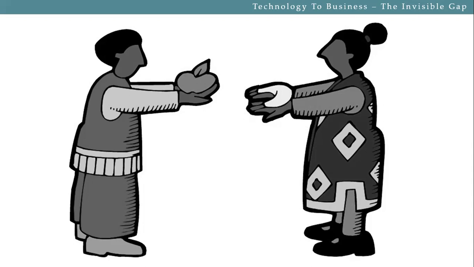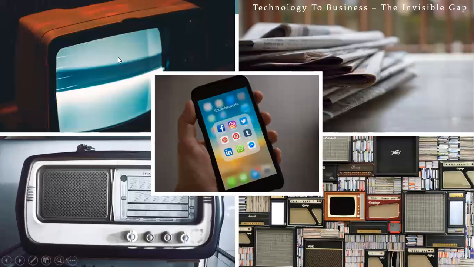But the world has grown now, and we have so many different things in the world. There is radio, there was television, and before that came the newspaper. Then there are books and magazines. Even in your airplane, you have specific magazines for that flight. And now you have social media. You have so many different mediums in which you can promote your idea and your solution. If you have the right solution, you need to make people aware of that.